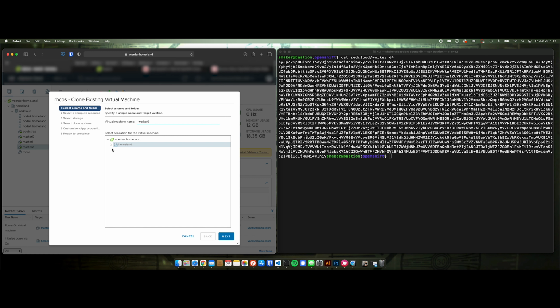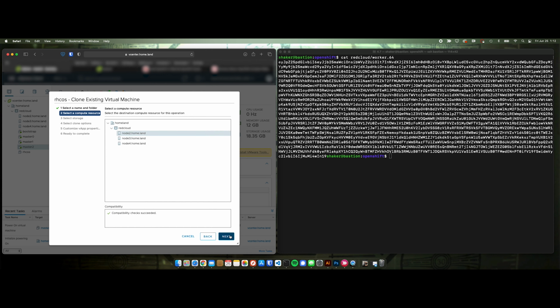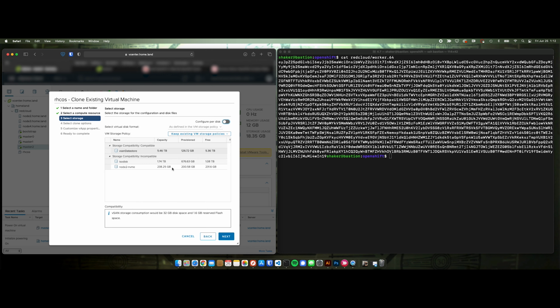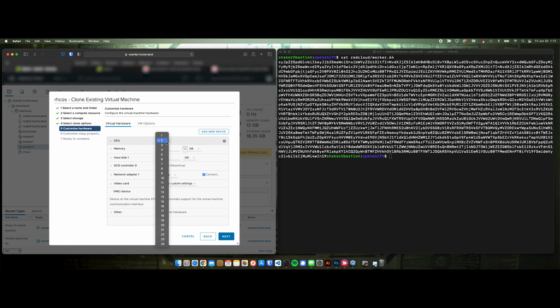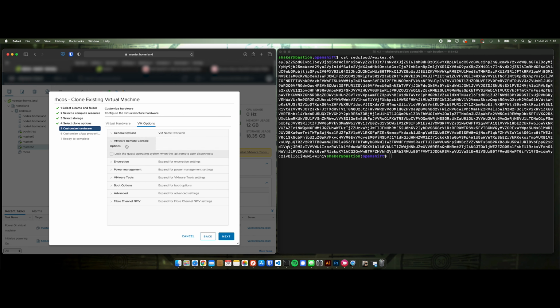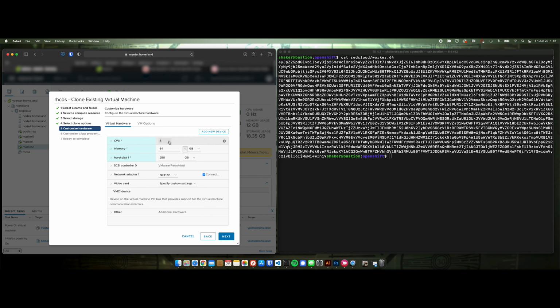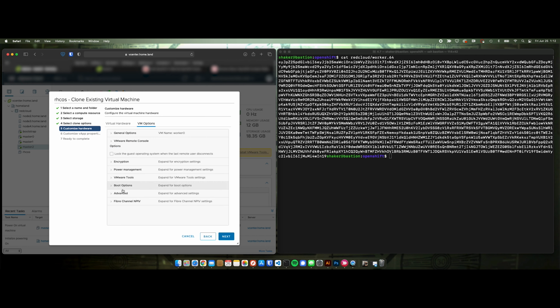Worker 0. Put in my Red Cloud land folder. Put this on node 2. It's going to be running on vSAN. Next, customize the hardware. I do have a lot going on here, so we're going to do 8 and then 64 gig of memory, and then disk space, let's say 250 gig. That looks right. And then, actually, yeah, that's fine. And then advanced,